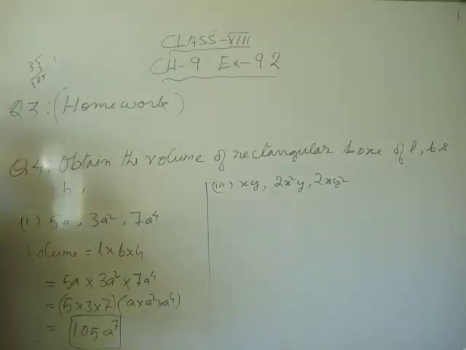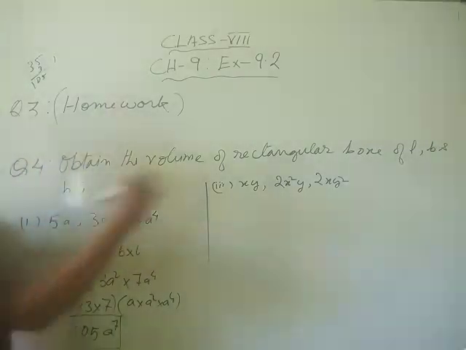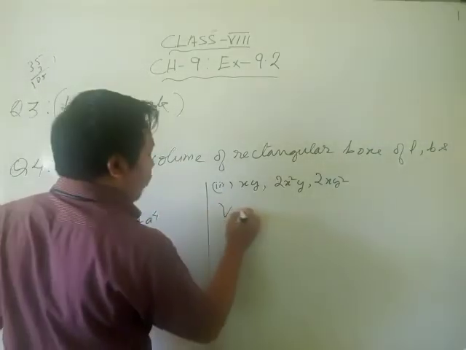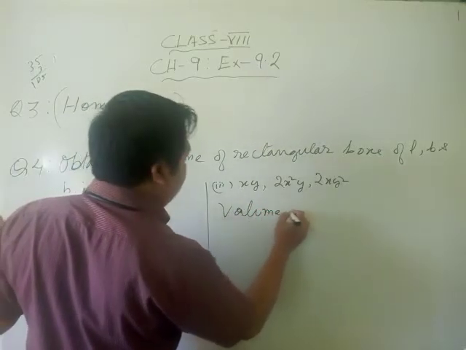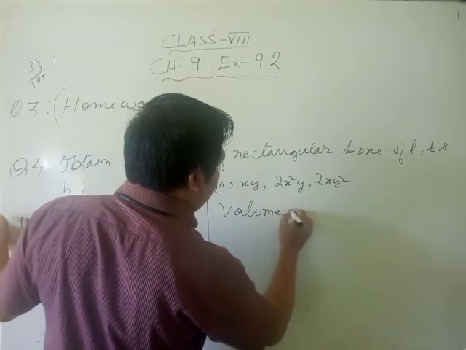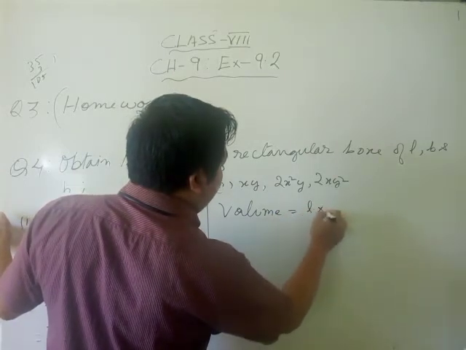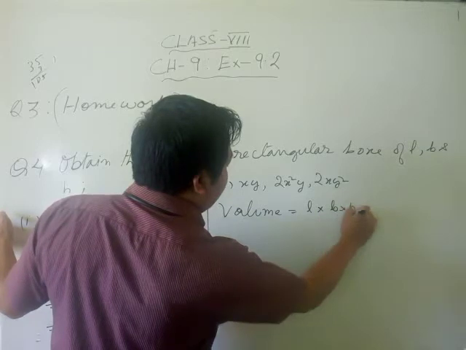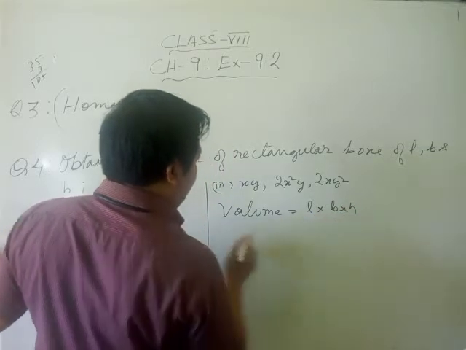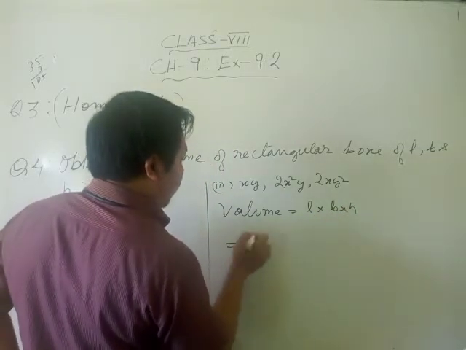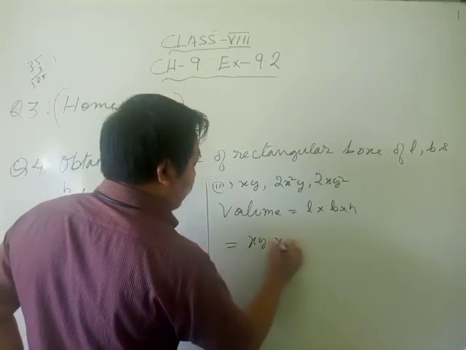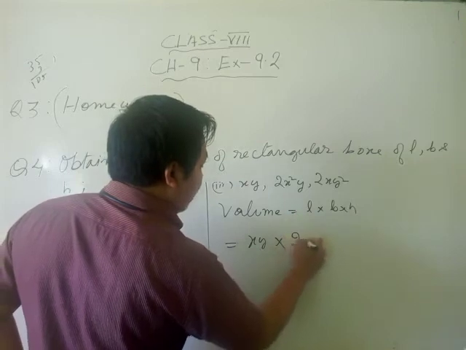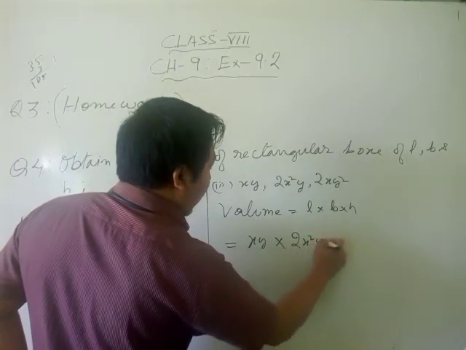Okay, as per the given expression. Next, number 2. You know that volume is L into B into H, length into breadth into height, isn't it? Then length will be xy, into breadth will be 2x squared y,